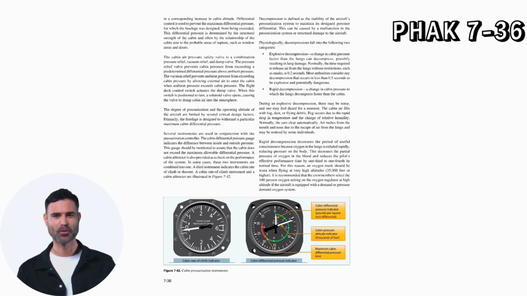Fog occurs due to the rapid drop in temperature and the change of relative humidity. Normally, the ears clear automatically. Air rushes from the mouth and nose due to the escape of air from the lungs and may be noticed